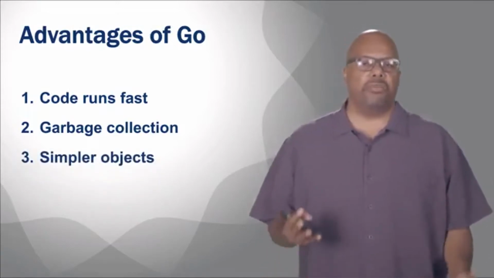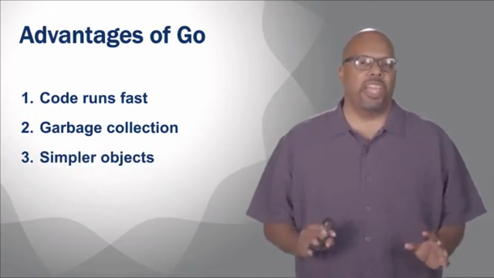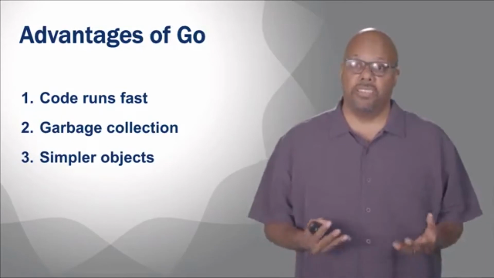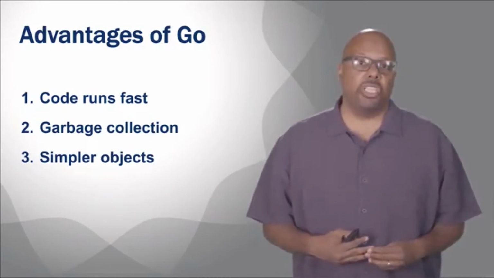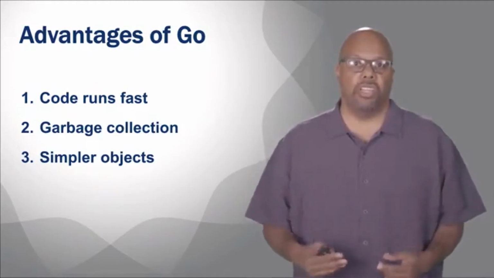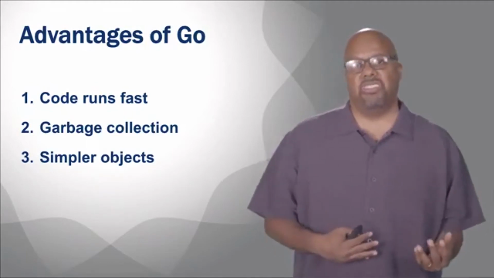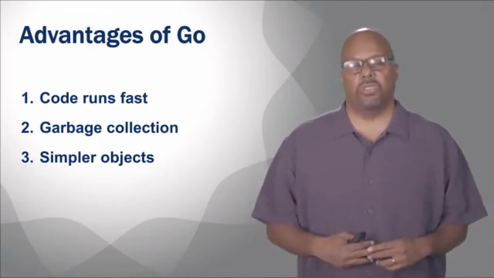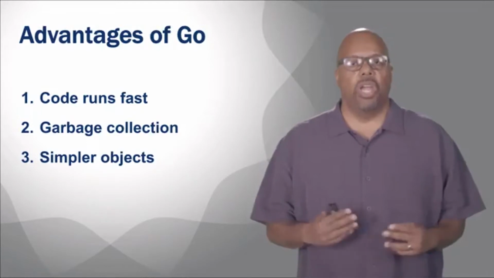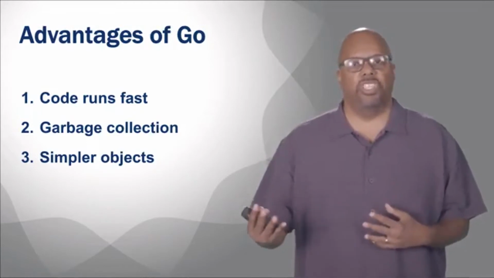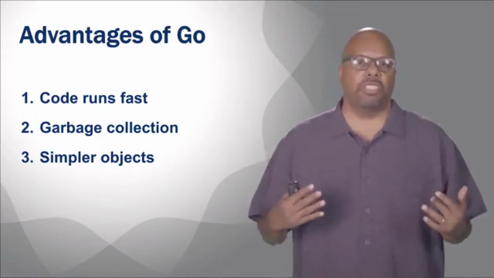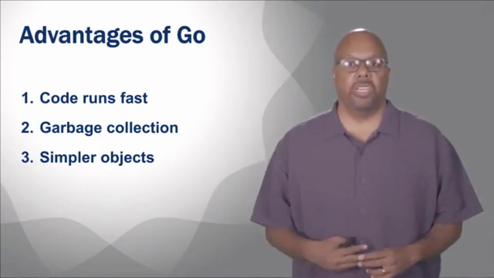Simpler objects. Now this could be an advantage or a disadvantage, but the idea is that Go is essentially object-oriented, although some might disagree, but it has this concept of objects. And the object orientation is a little simplified compared to other languages. This is good. It makes it easier to code. You don't have to use these complicated features. Of course, you never had to use them anyway, but it makes it faster and simpler to use. Somebody might argue that these features are useful and they wanted them. Okay, but Go is a simpler object-oriented implementation than you would see in other languages like, say, C++.